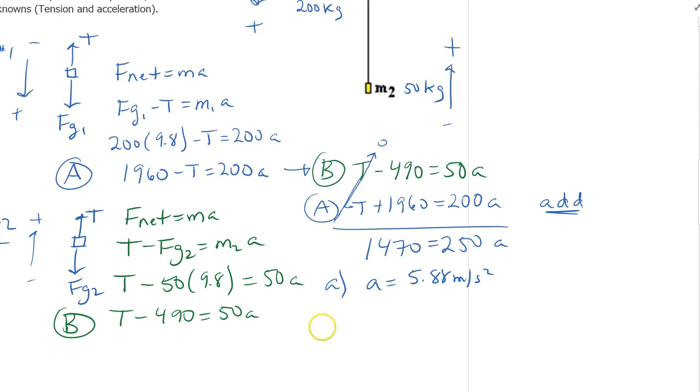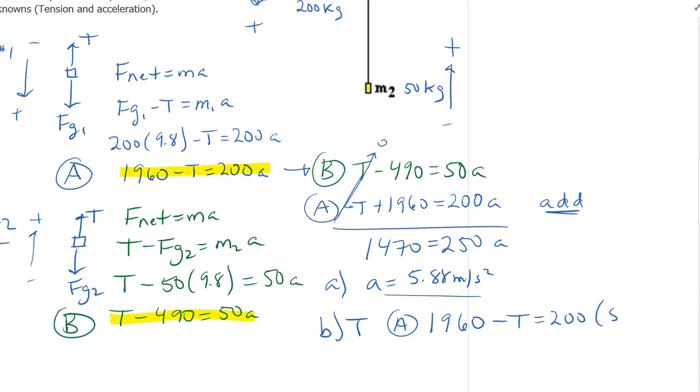Now, part B, where I have to find the tension. I can go to either of these two formulas that I already had, and I should say I have A. All I need to do is find out what T is. So I'll take equation A and I'll substitute my acceleration in there. So I'm going to say 1960 minus tension is equal to 200 times 5.88. Just to save a little bit of time, I'll say, hey, I do get the right answer. I get T is equal to